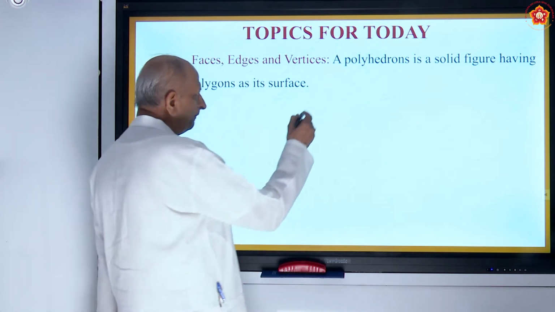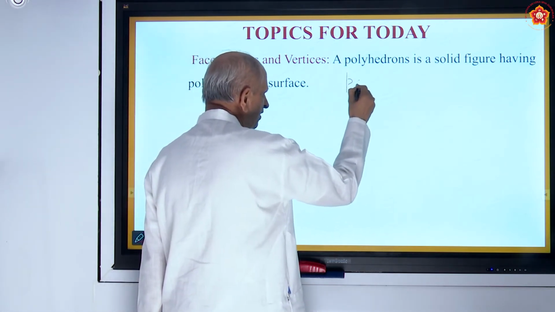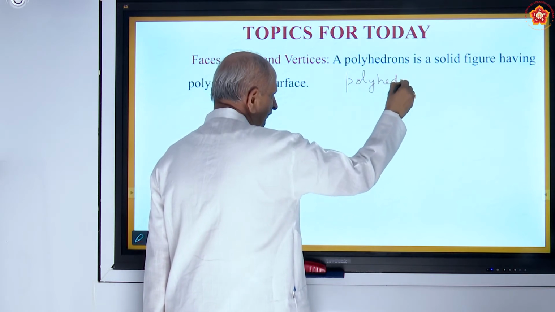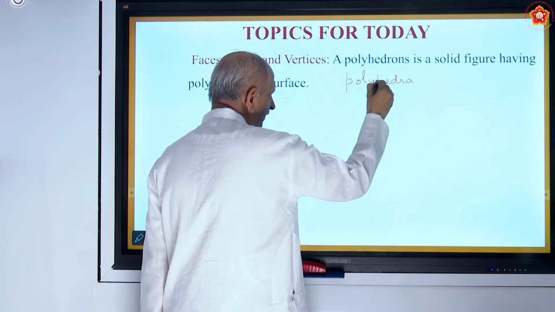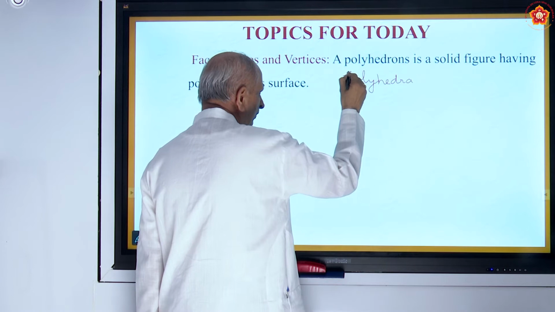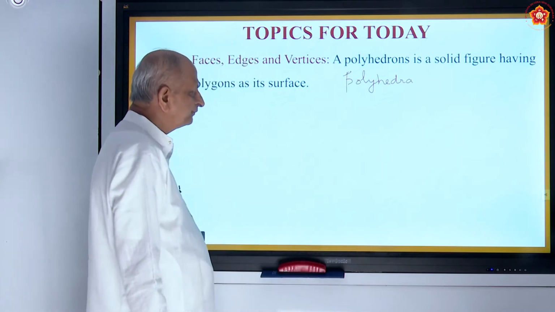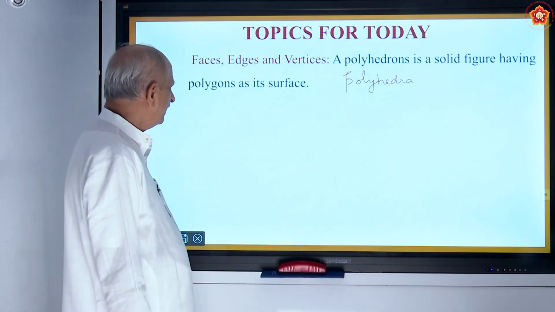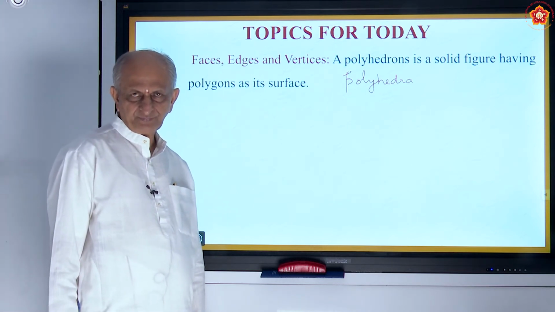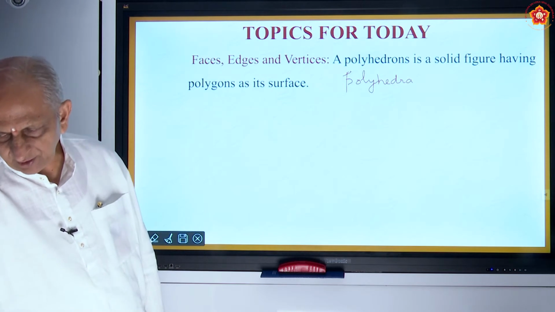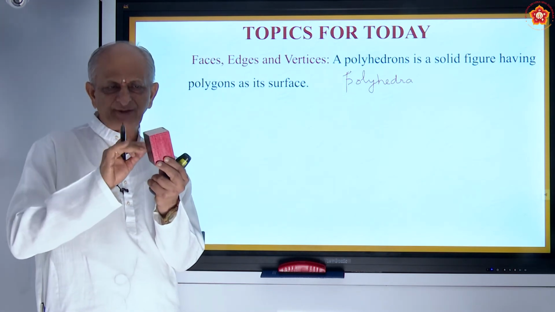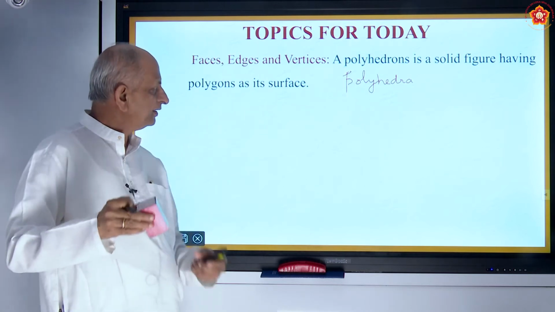Actually, the plural of polyhedron is polyhedra. If you take only one, it is called a polyhedron. If you take more than one, you call it polyhedra. It is a solid figure having polygons as its surfaces. So this is a solid. For example, this is a polyhedron, and its surfaces are called